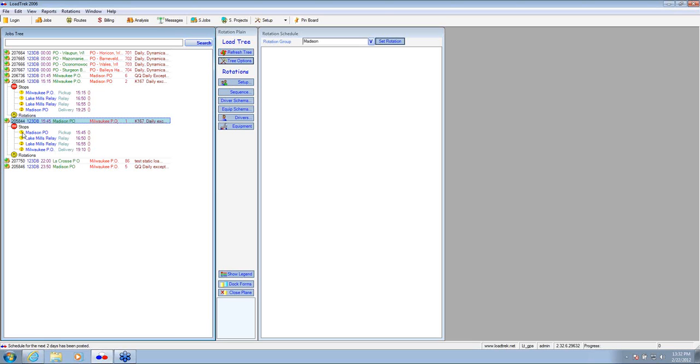And I'm going to start with where the driver leaves from, begins his day in Madison at 15:45. I'll left click on, grab stage 1, hold down my mouse button, and drop it in on the right here. And that'll move it over. It shows me the customer and then the load number when I first pull it over. That's load